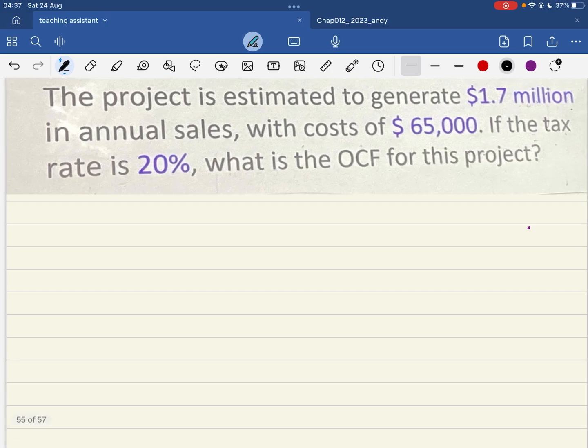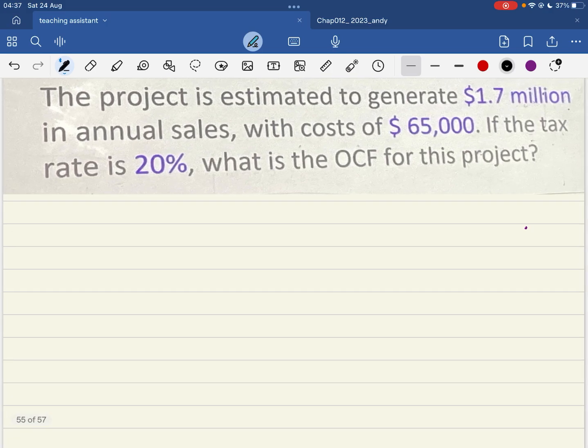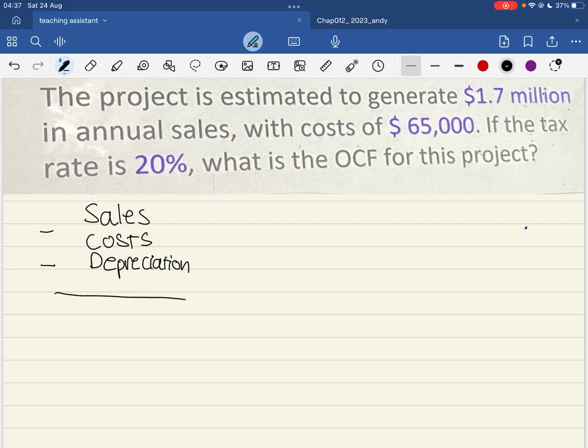And how to find the earning before income tax? So we simply take the sales revenue minus the cost minus the depreciation,